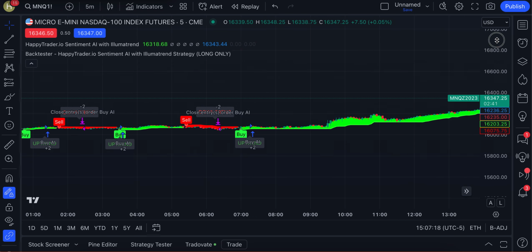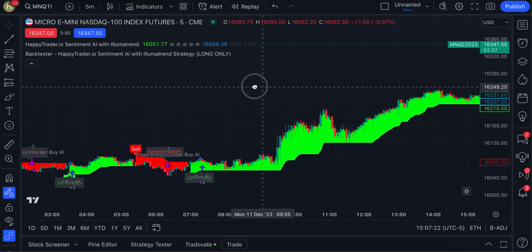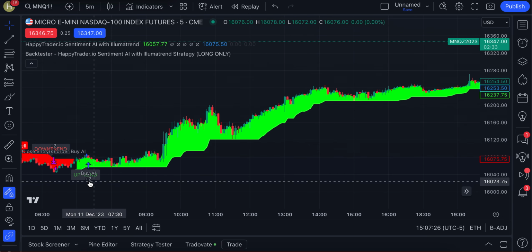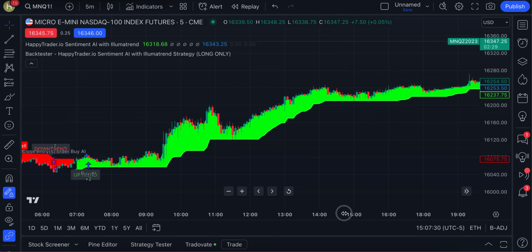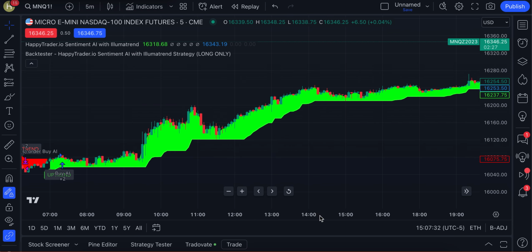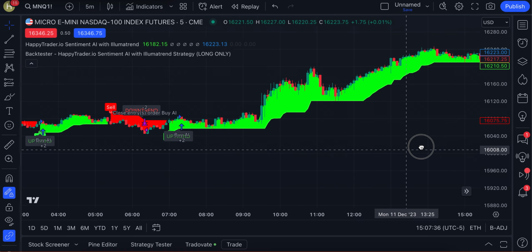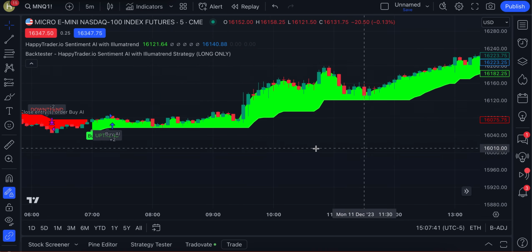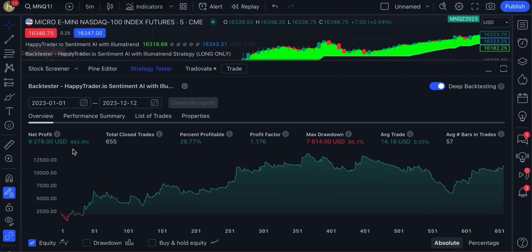And you can see that 45-minute back test was just absolutely bonkers. And you can see that today, on the 12th of December, we had a nice little buy signal and an uptrend signal right off the open. So that's pretty cool that we had all that. And you can see the buy signals kind of hidden over here. But you can set alerts for all of that stuff with happytrader.io. And let's just find that buy signal. Boom, it's right there behind there. So we'll go back to the strategy tester, and you can see that